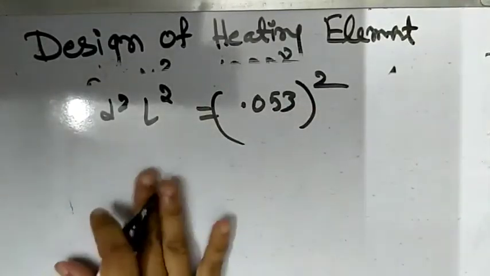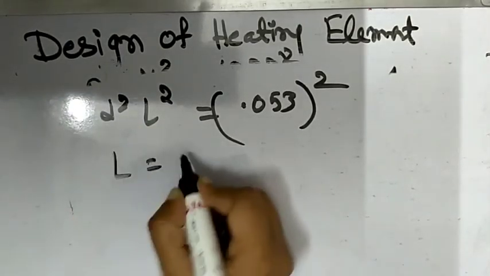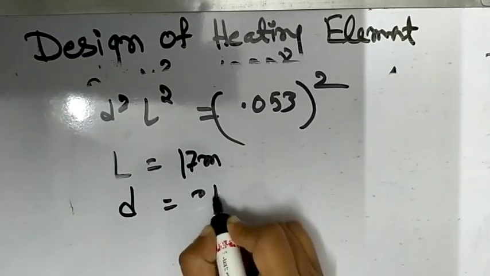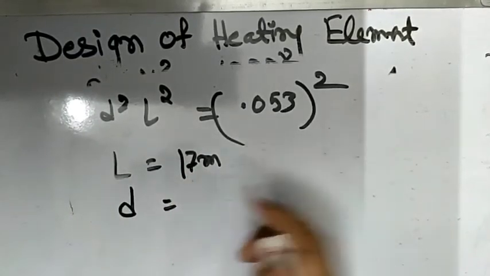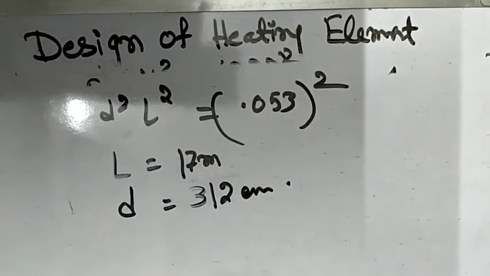Just by solving we get this, and by multiplying with L by d square, which is equal to 174,000, from this equation we get the value of L is 70 meter and d is 0.312 centimeter,